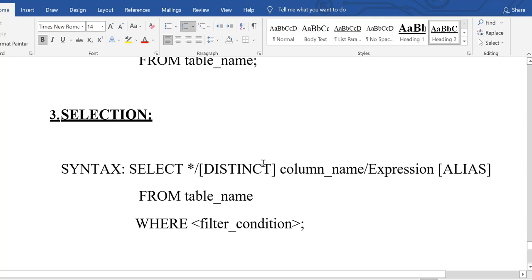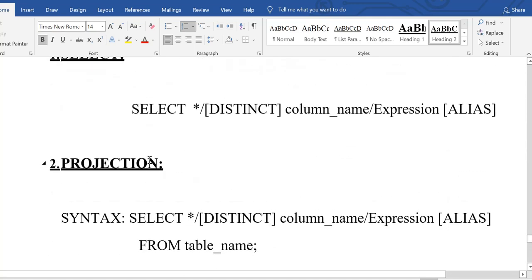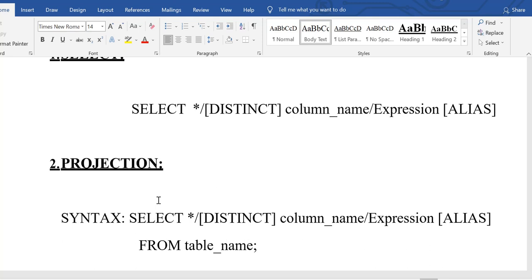So what is select? It is also one of the statements used to retrieve data from the database. Completely, the data query language statement itself is used to retrieve. Again, its sub statements are select, projection, selection, and joins. Coming to projection, it is used to retrieve data from the database by selecting only one particular column. All the values in that column will be automatically selected by default. Keep this in mind.